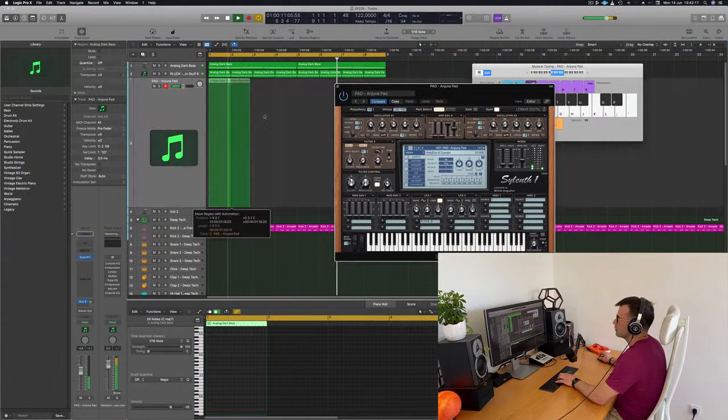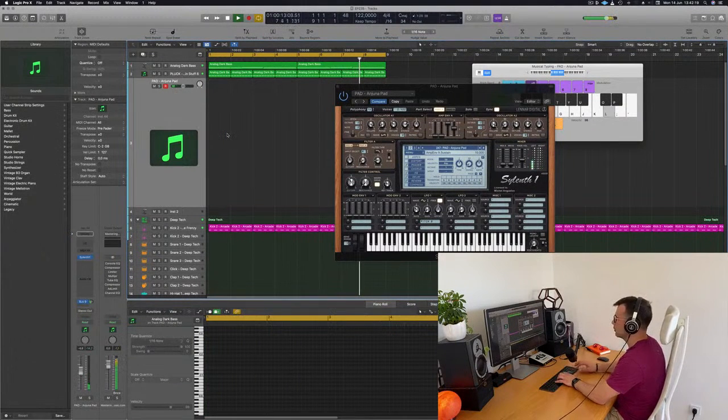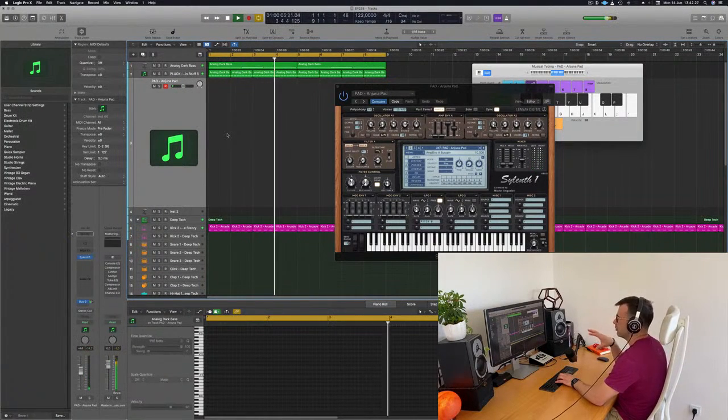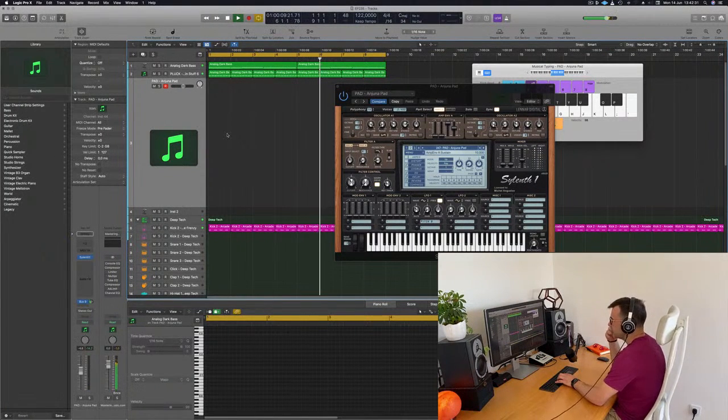Now to drop like a simple kind of melody. It has to be drawn out, spaced out, not too intense. You know, you have the pad there running, you have the bass. You don't want to really overcrowd your sonic territory.